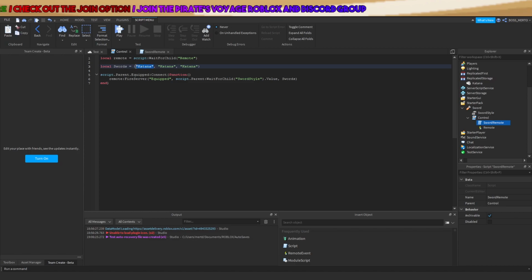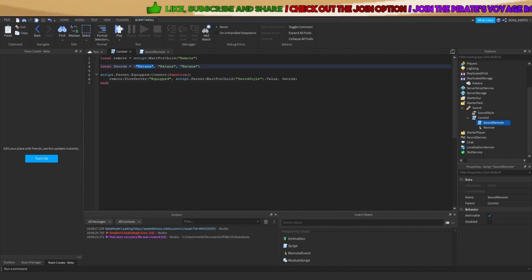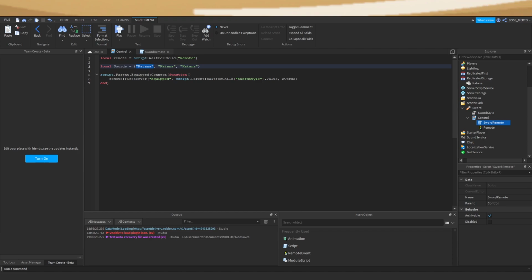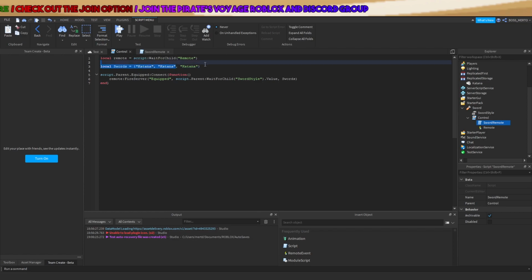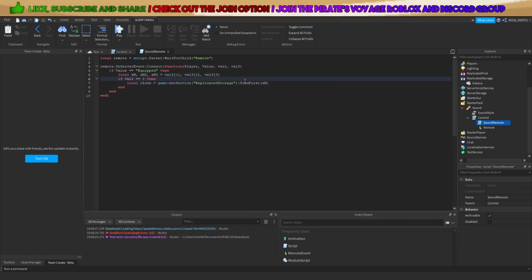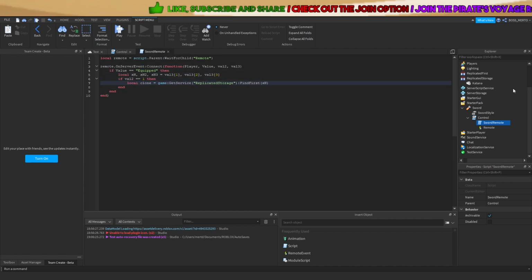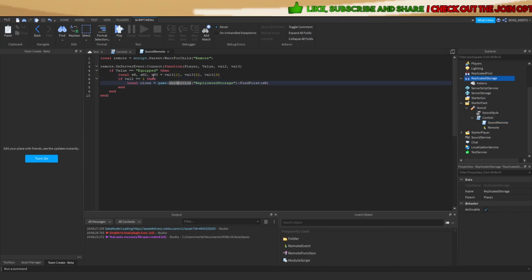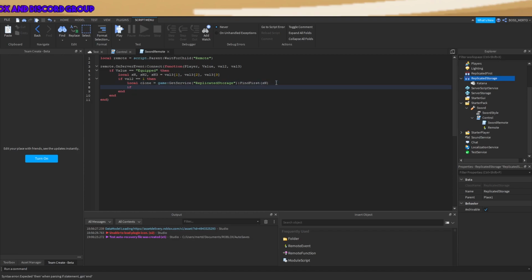So our first sword, this is our first sword, this is our second sword, and this is our third sword. Okay, and we're looking inside of the replicated storage. So we're looking for the first sword inside of this replicated storage right here, and if it has been found,